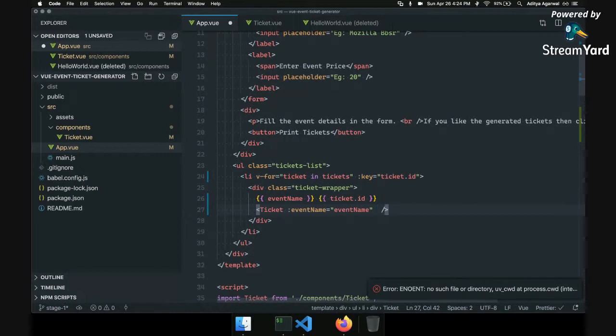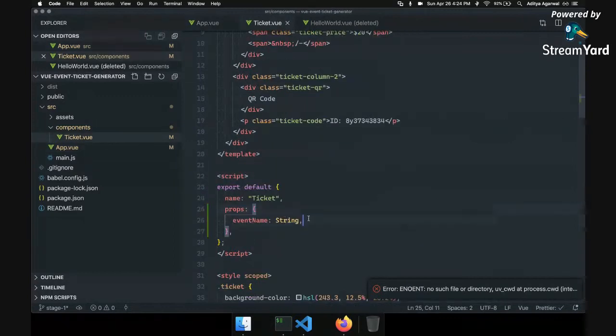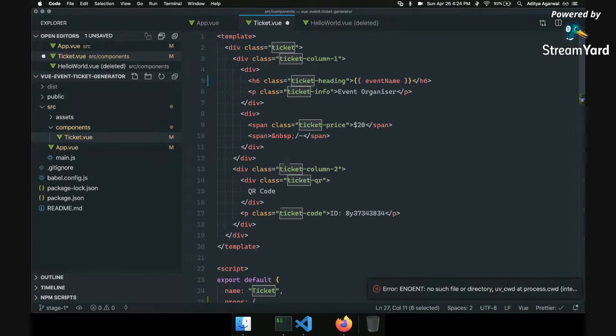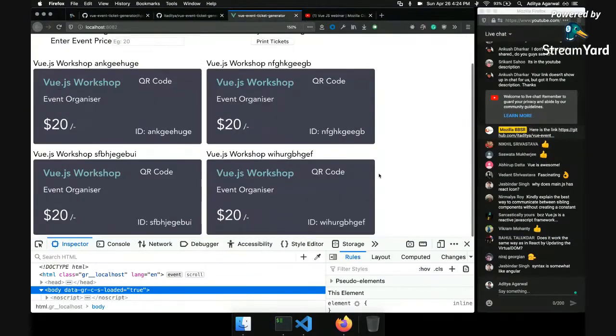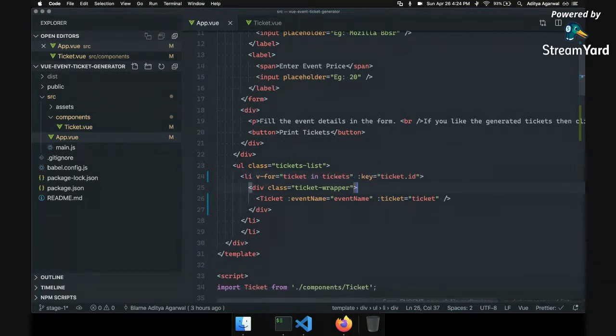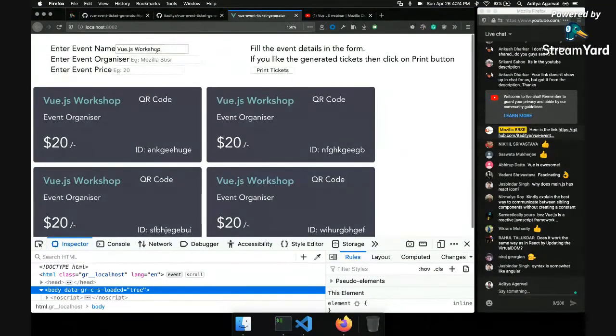So I can say that ticket equals double quotes ticket, and I have to specify that here as well. So ticket, and actually this has to be an object, and when I have that here, I can now render those things here. So instead of ID being static, I can say ID is ticket.id, and as you can see, we are getting it here. So I can remove those from here, I can remove both these here. Okay, so we got this event name thing working.